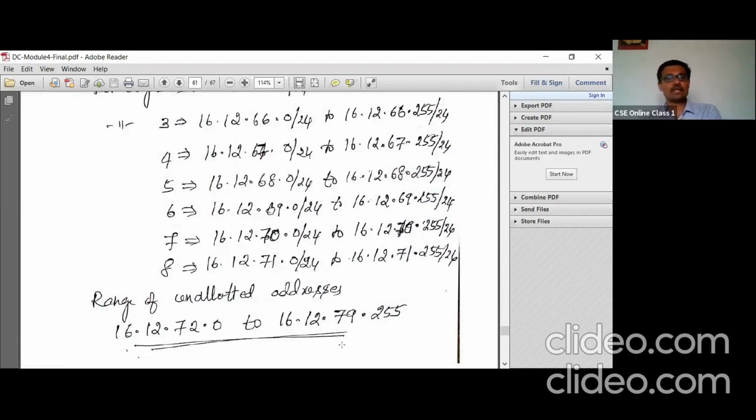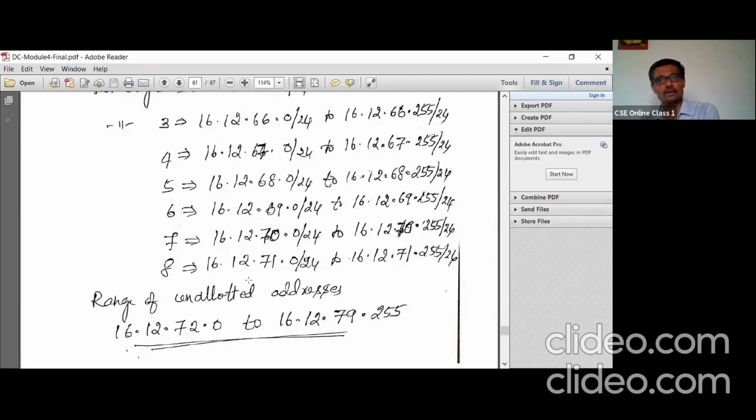How many will there be? We can easily find that, because the total number of addresses allotted to the ISP is 4096. Out of that, 256 times 8, that is 2048 addresses, are allotted.